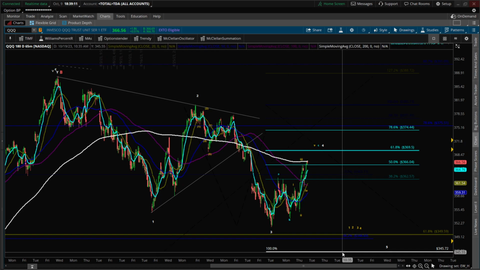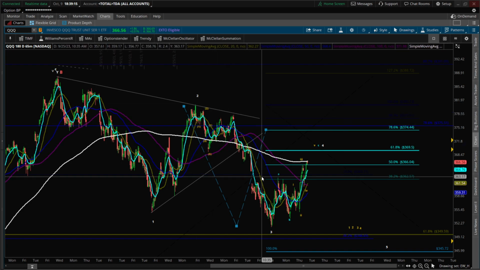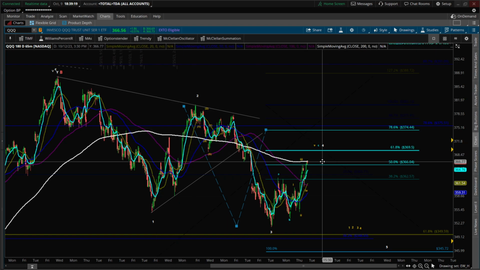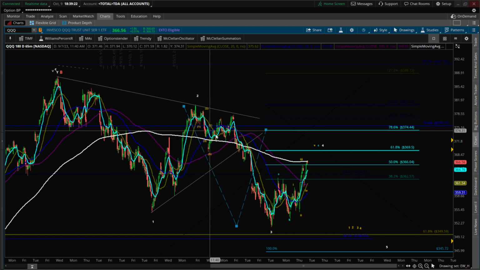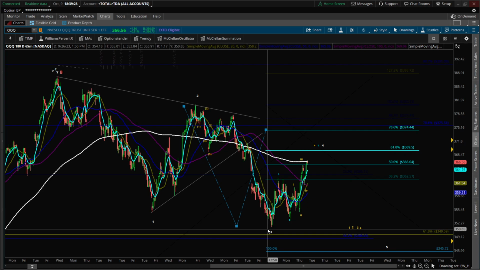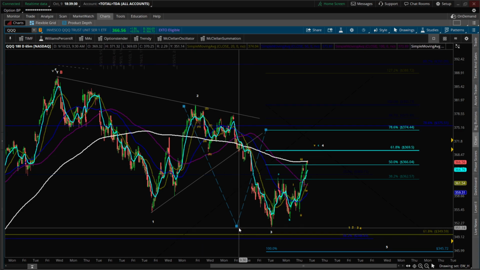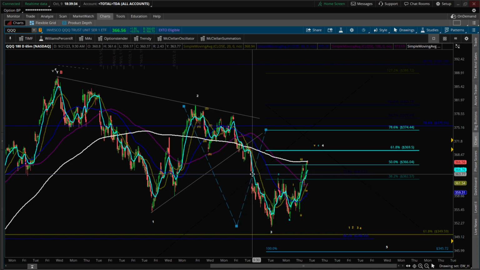We get past this 100% extension because wave 3 is smaller than wave 1. That caps wave 5. Wave 5 cannot be longer than wave 3. So we're taking the top of wave 3 to the bottom of wave 3. That gives us the length. And then we have to assume,